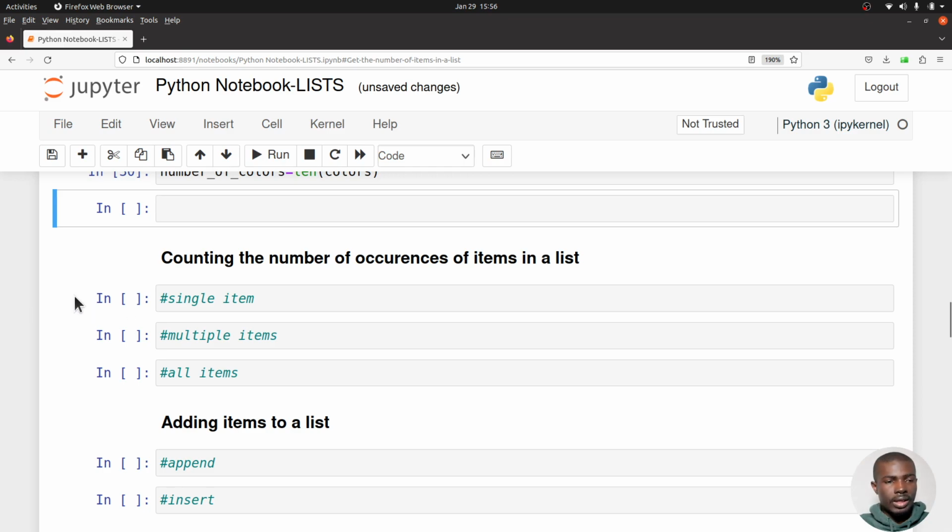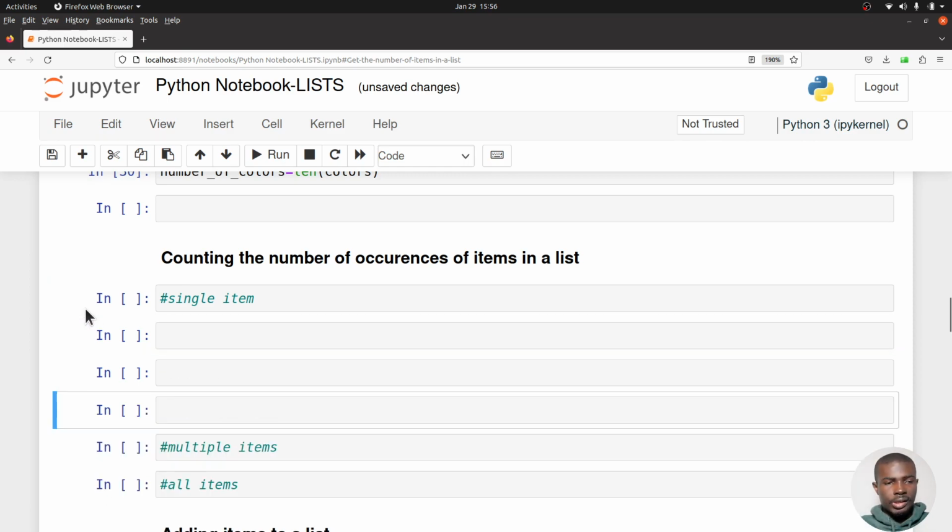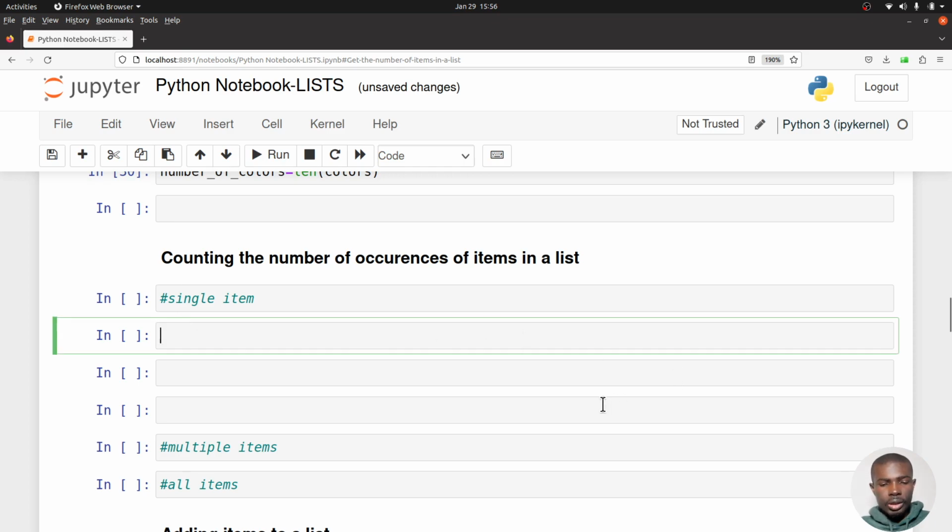So that's what I've listed here. So we have these three scenarios. So we will look at all of them one by one. So let's start with a single item. So I'll create a list again. So this time let's say